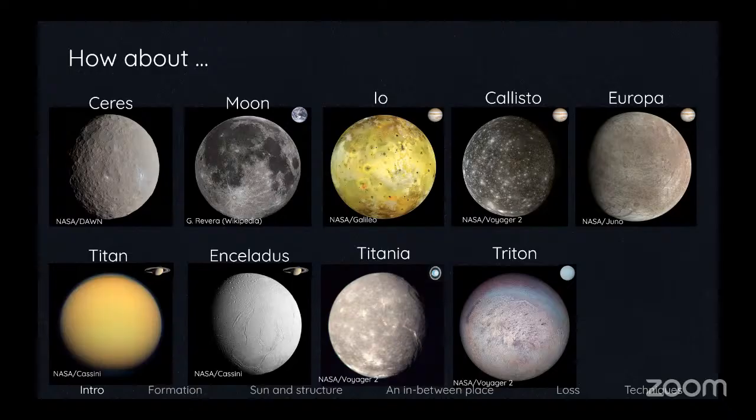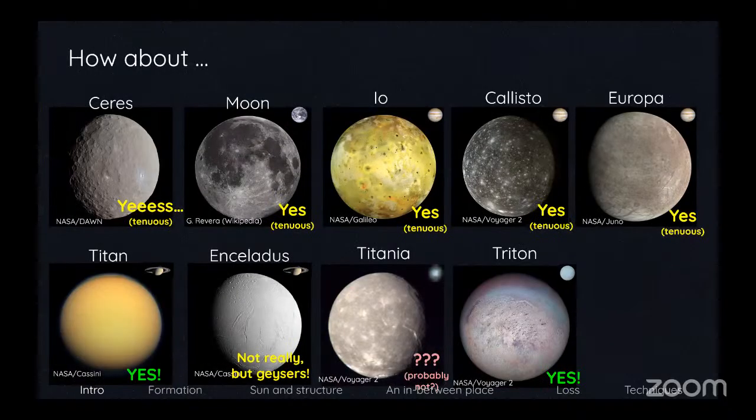And I've put the body that they orbit in the top right. Trick question. I put them on the slide because they pretty much all do as well. Although most of these are also tenuous exospheres. These are all different moons in the solar system, except for Ceres, which is a dwarf planet. Most of them have atmospheres except for maybe Titania, which orbits Uranus. We really actually don't know about that one, but so far the data indicate probably not.